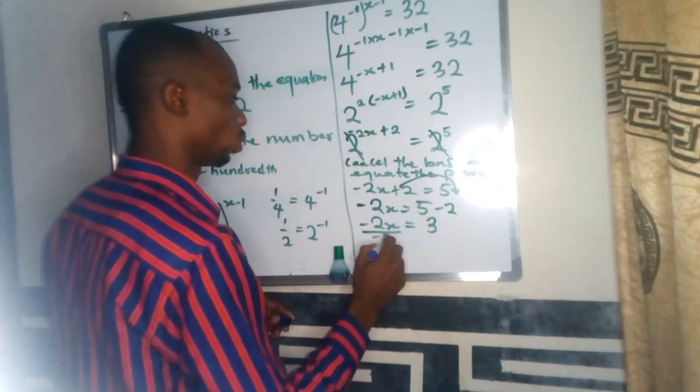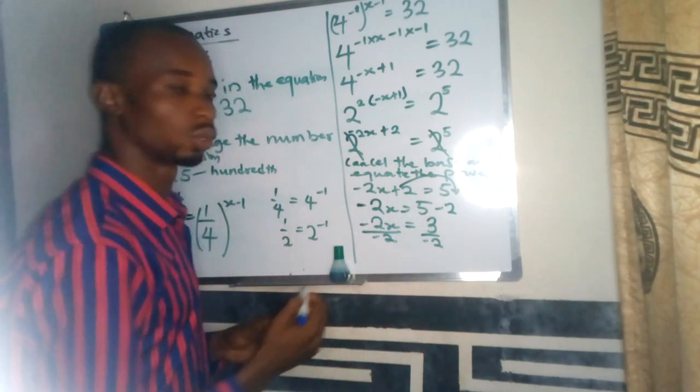3. So what else do you do? You divide both sides by 2. And when you